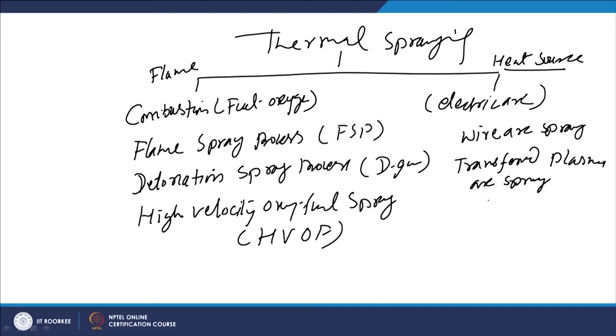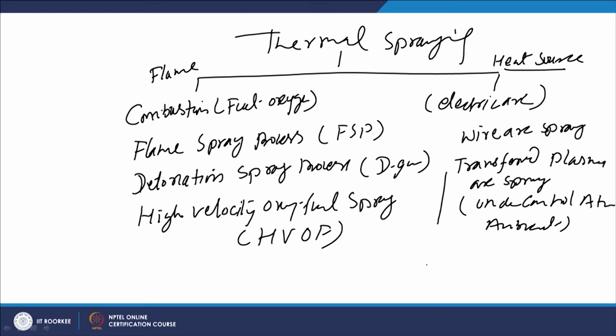Now, this may be carried out, there are two variants. This may be carried out under controlled atmosphere or simple normal ambient conditions. So, accordingly it will be given different names. So, the transferred plasma arc spray process or atmospheric plasma arc spray process, this is commonly used for developing the claddings and thick layers of the suitable material on the surface of the substrate, so that the required surface modification can be achieved.